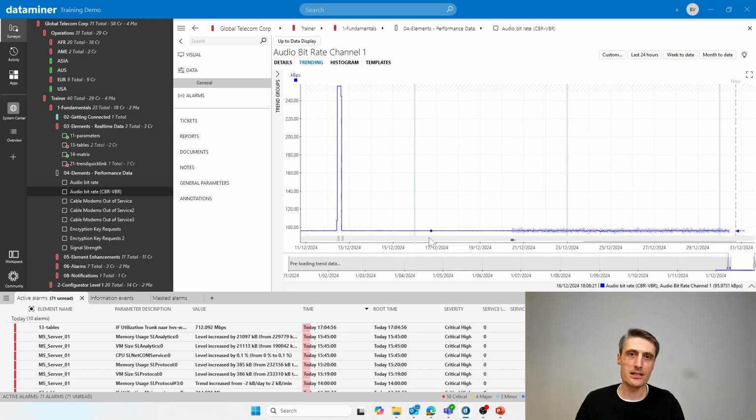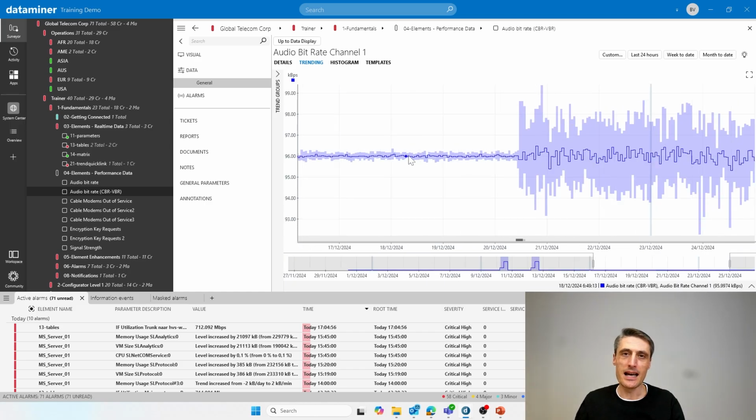So in this case, you can see that you have a line here which is almost constant at nearly 100 kilobits per second or kilobytes per second, but there is still something detected here, the variance change, and that is indeed because you can see it a little bit that this is a more steady line. Let's zoom in a little bit. That's a more steady line, and that's a higher variance, so it detected also a variance change, and